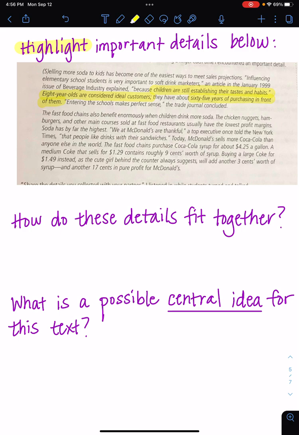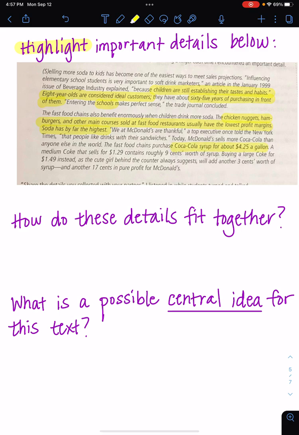And then schools, obviously, because that's what it's about. They said down here that the food, so like chicken nuggets, hamburgers, and other main courses have the lowest profit margins. Sodas are the highest, okay? And then they go on to actually explain the math of it, and that's crazy to me, that you can get